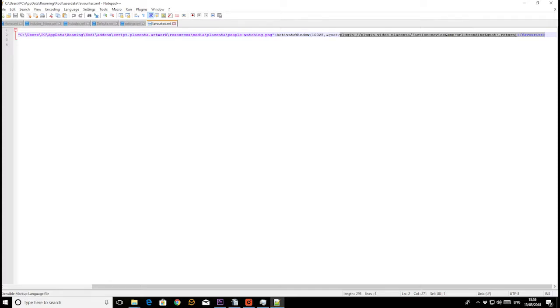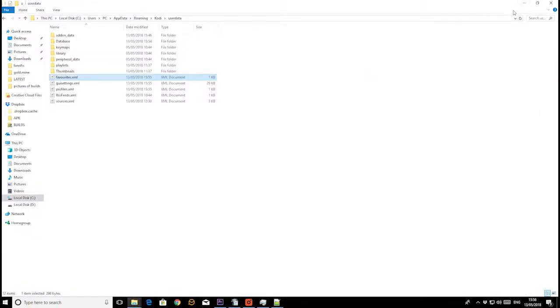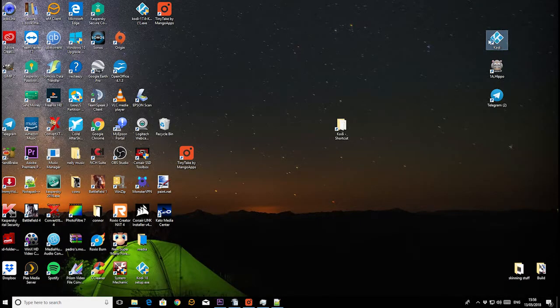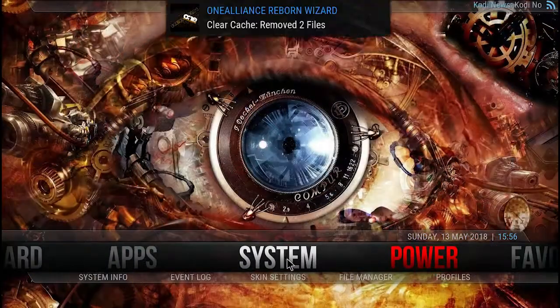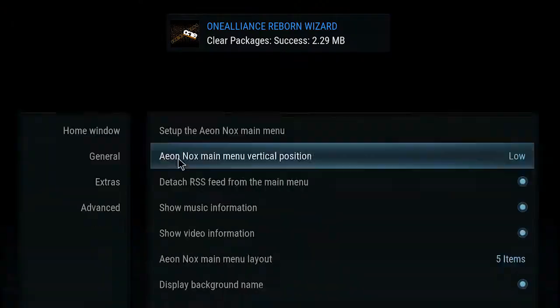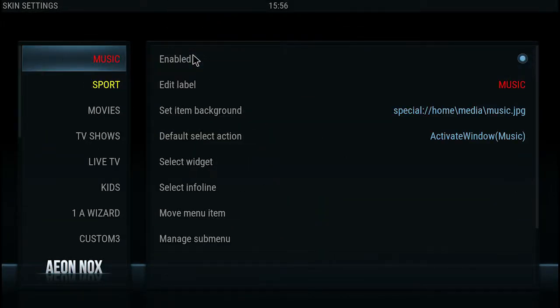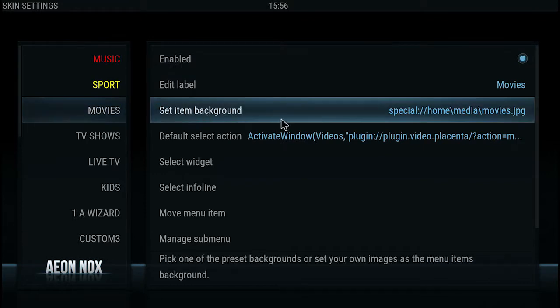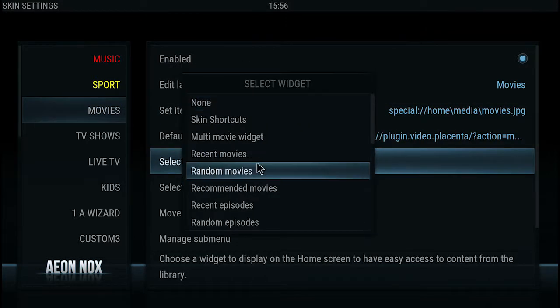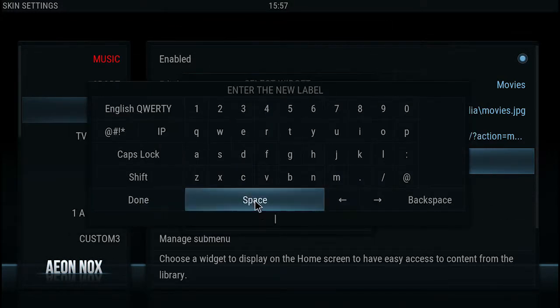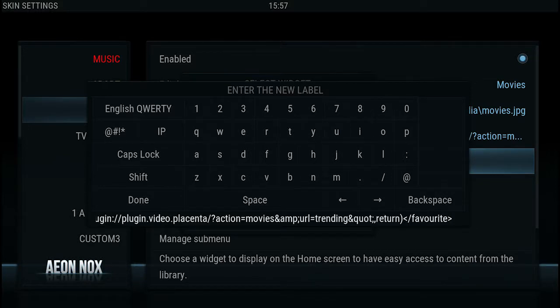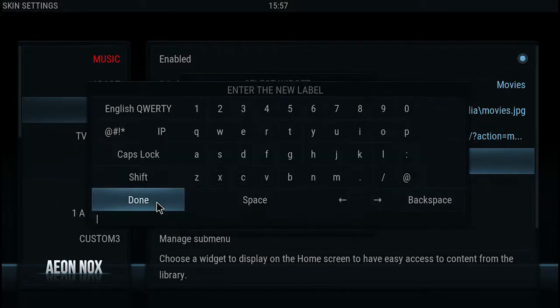Then the very last one, copy it, go back into Kodi, go along to system, skin settings, set up menu, movies, and go down to select widget and scroll down until you see custom video add-ons. Click on that and Control V. You just put in what you've copied. Done. I'm going to call that